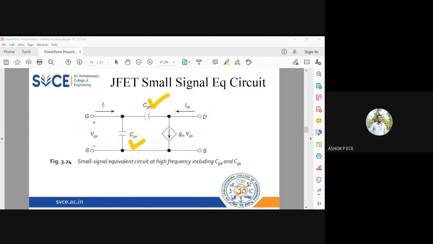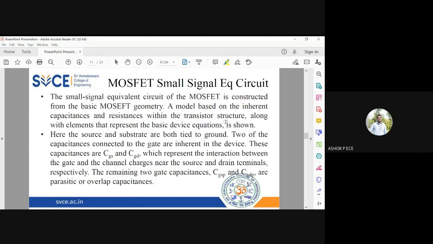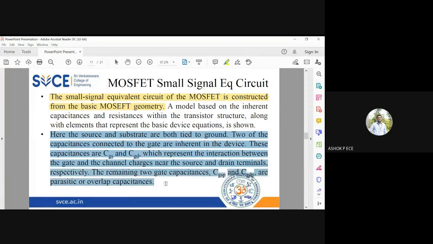Okay, assuming that there are no doubts, we'll go into the small signal equivalent circuit of the MOSFET. And you know that the MOSFET has a special construction. You have a metal, oxide, and semiconductor layer. So we have to consider the effect of everything before drawing the MOSFET small signal equivalent circuit. So source and substrate are both tied to ground. Two capacitances will already be available in the device, which are CGS and CGD, but you have two more capacitances, which are going to be CGSP and CGDP, which are called parasitic or overlap